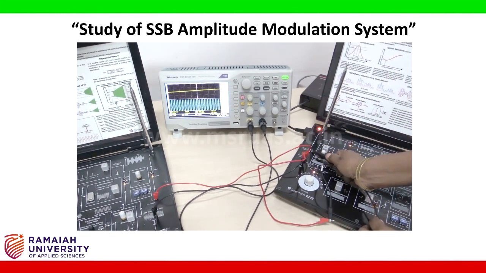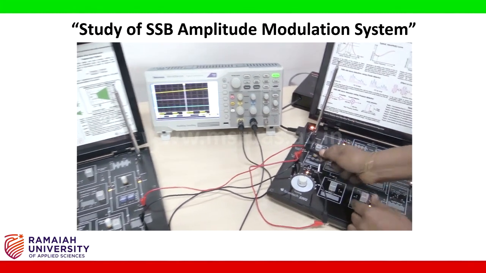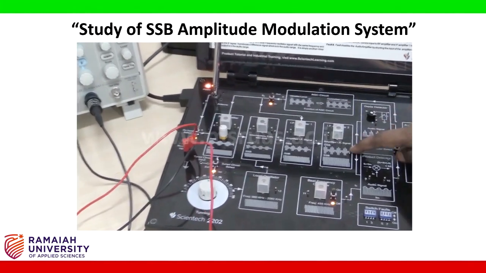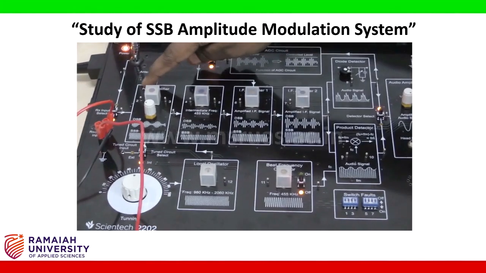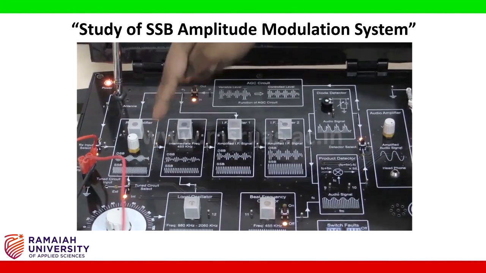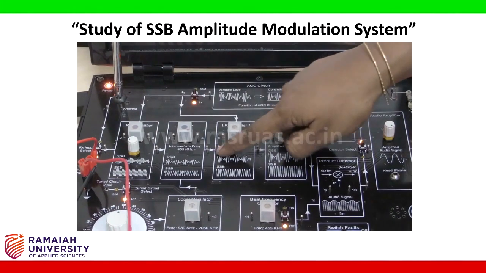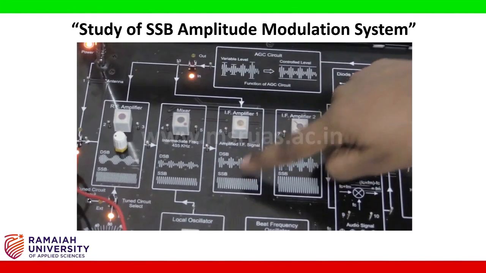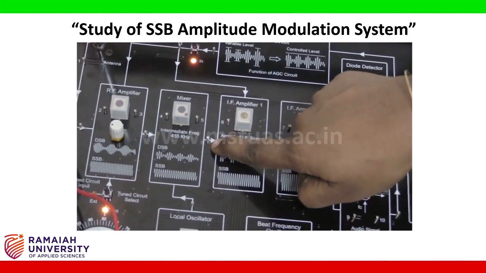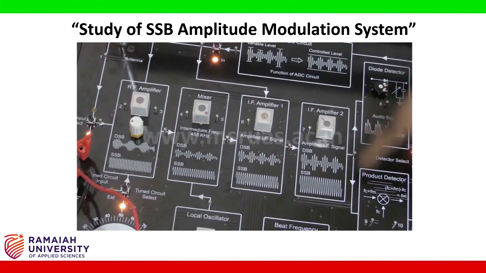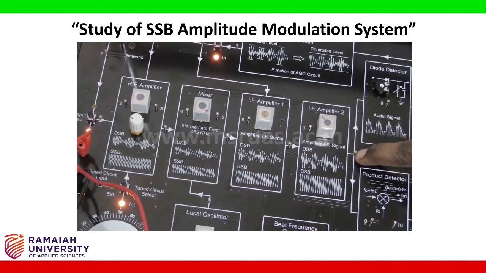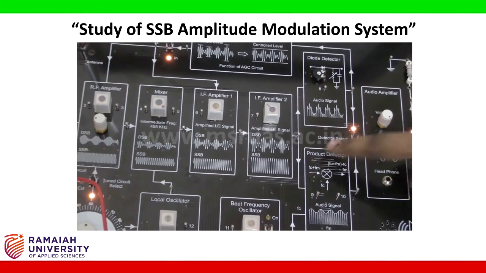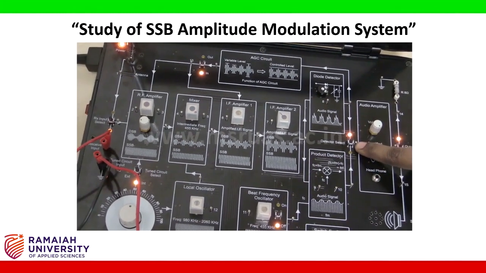Now the output passes through the RF amplifier stage, mixer, IF amplifier 1 and 2. Radio frequency is a high frequency; the mixer will down convert it to 455 kilohertz, which is called the IF frequency. The IF output is amplified in 2 stages, and the output goes to either the diode detector or the product detector, and the detector can be selected using this switch.